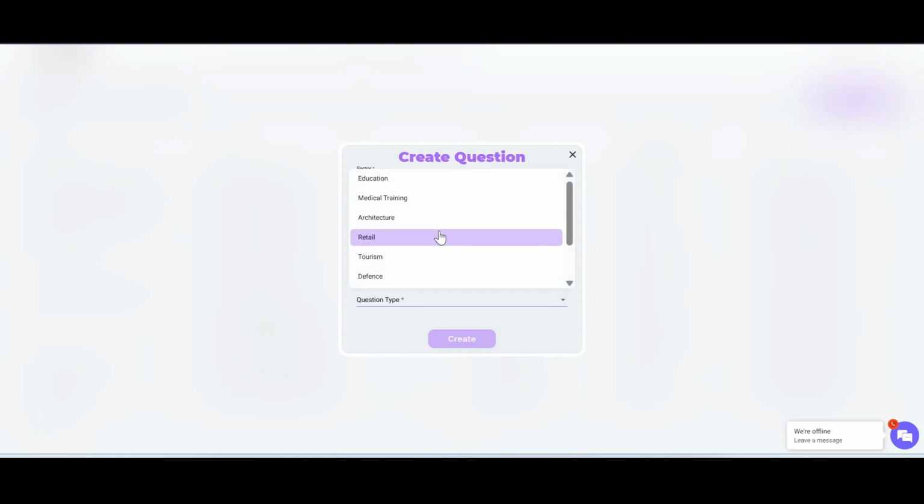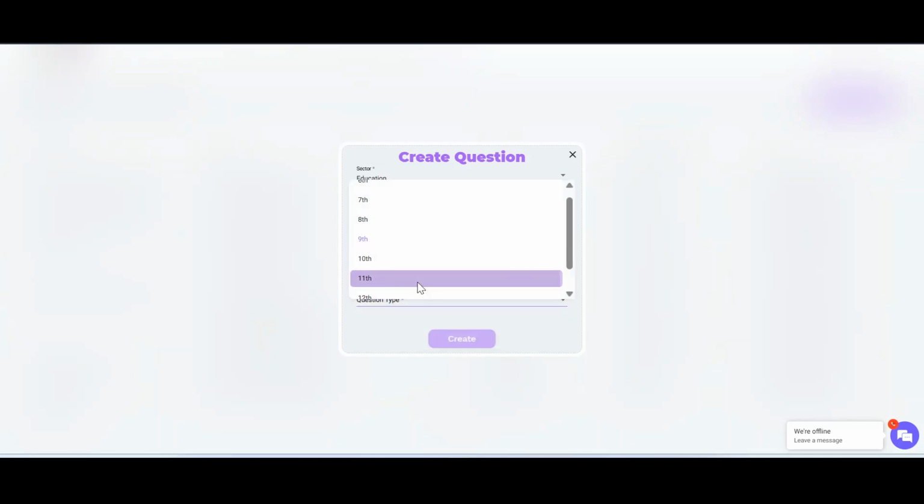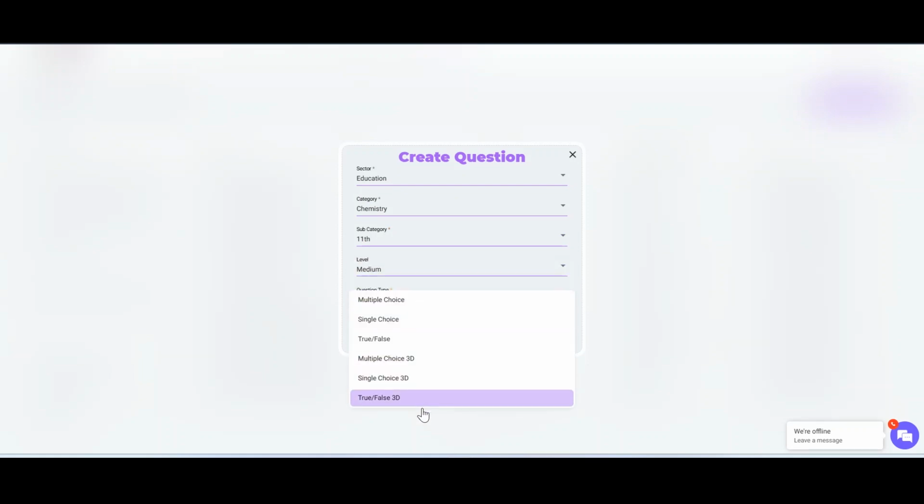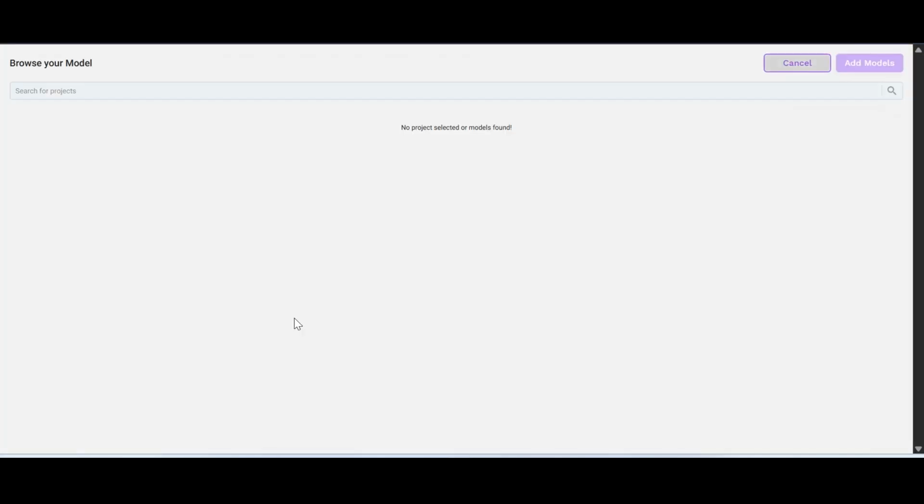So the subject is education. This is my chemistry subject, category ninth. Let's say I am adding 11th over here. Level is medium. Question type is, so this one we'll go for a single choice 3D, right? Let's go and create. So I'll add the same model from my